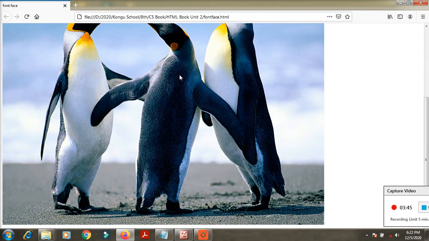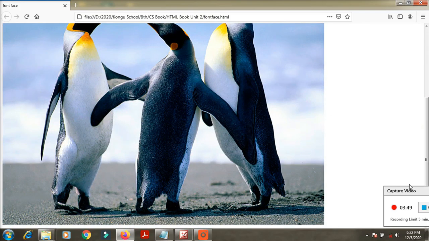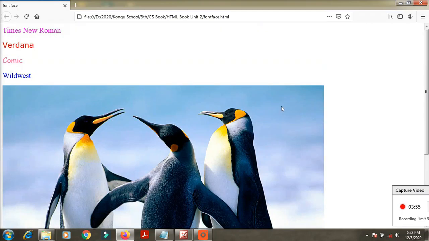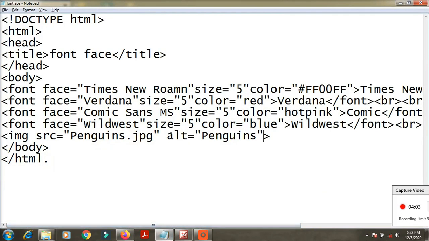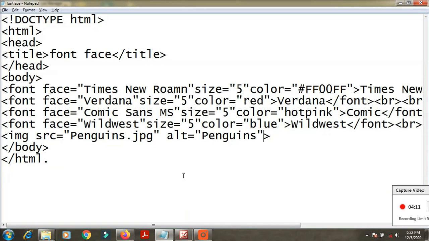Where is it available? If I resize the image, it will show the name, penguins, inside the image. If I alter the size of the image, reducing the width and height, then it will automatically show it to you. Yes, it is available, it is inside the image. We have to check there. That is the meaning of the image and the ALT options.